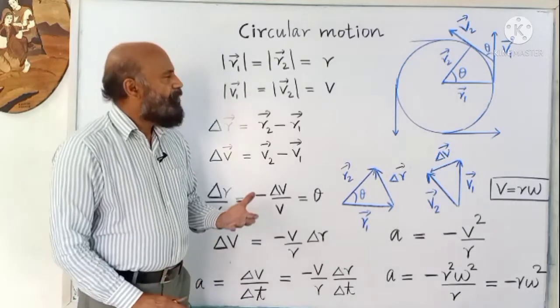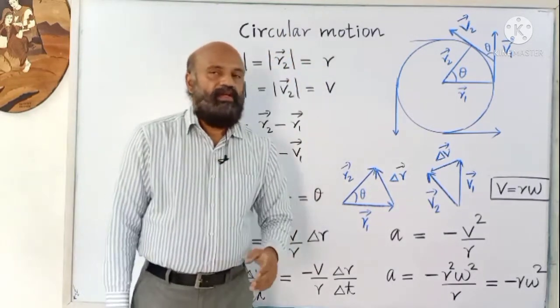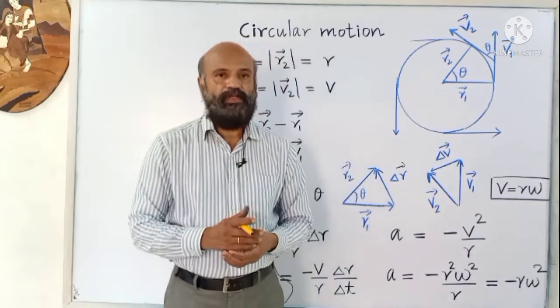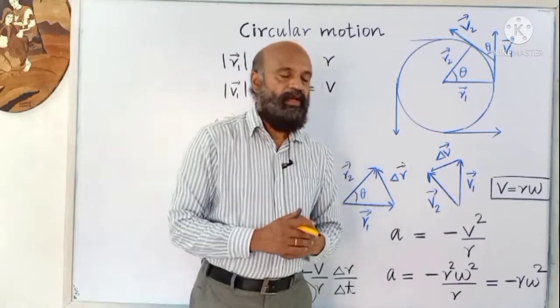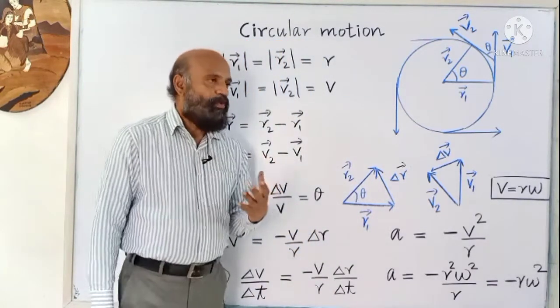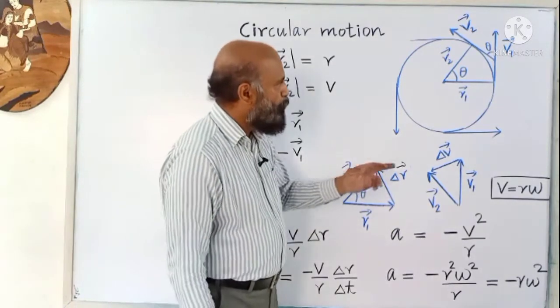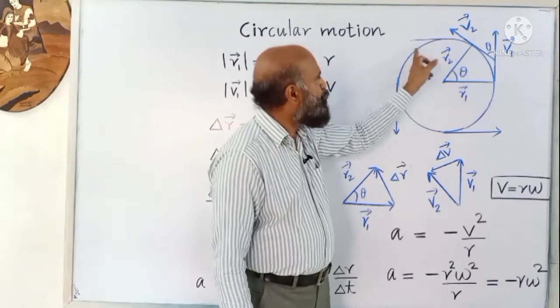In this video, I am going to explain circular motion. There are two types of circular motion: uniform circular motion and non-uniform circular motion. First, let us see uniform circular motion. In uniform circular motion, the particle will be moving with constant speed,